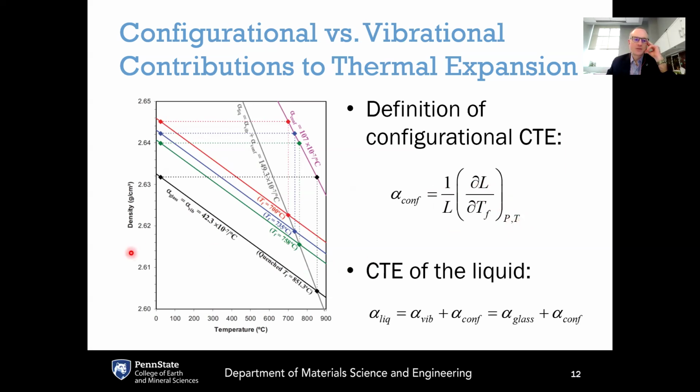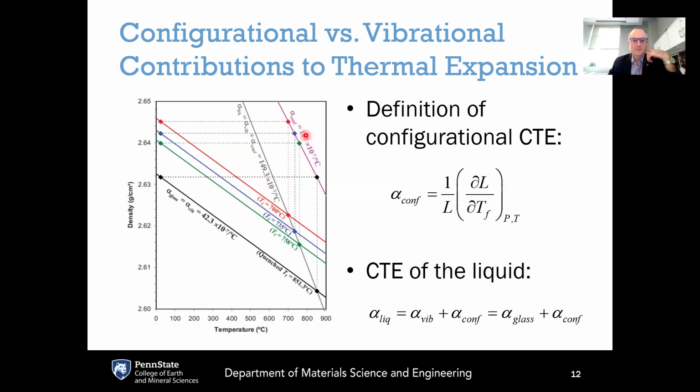And to see how this works, on the left-hand plot here, we have density as a function of temperature for a given glass. And what we can see is that if we measure the CTE of any of the glasses here, the vibrational part of the CTE of the glass is equal to the CTE from vibrations. And in this case, the slope here is giving us 42.3 times 10 to the minus 7 per degrees C. And you can see that independent of fictive temperature, here with fictive temperatures of 851.3, 758, 735, 700, the slopes here of all these curves are all about the same, indicating the same vibrational CTE independent of the